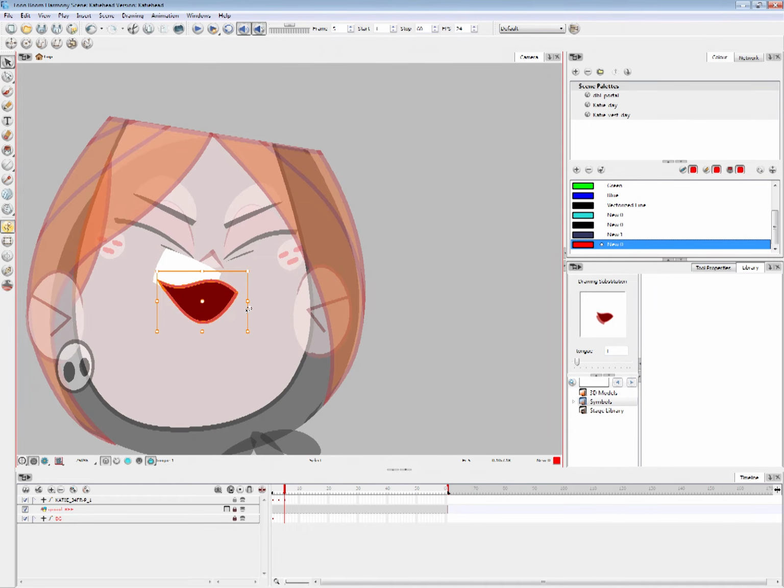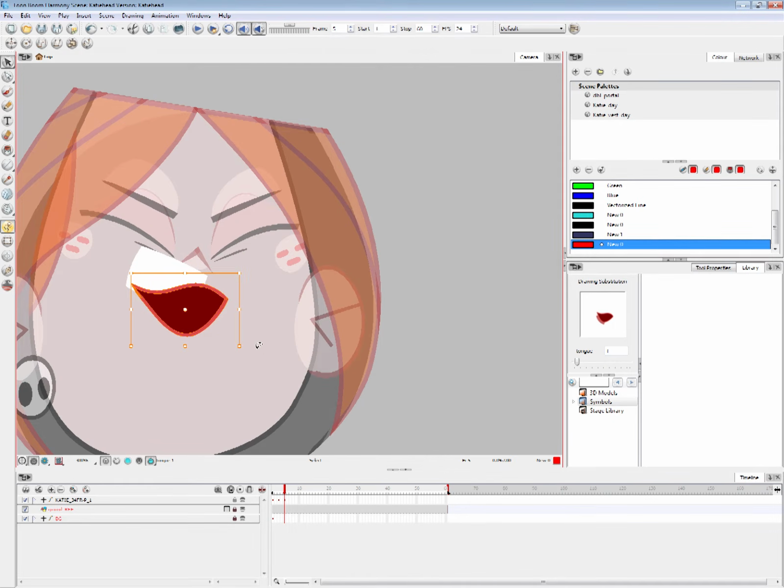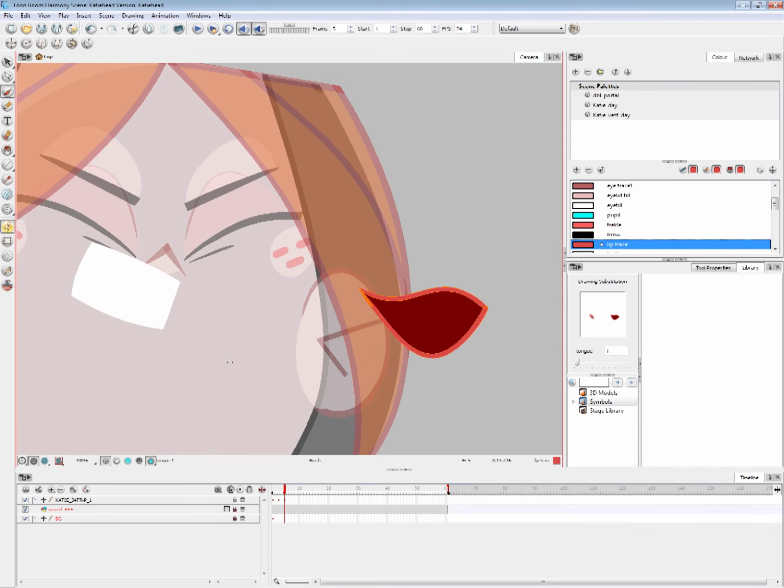If you don't, you don't want to override what was already in the build, and it's kind of a pain in the ass to go back and try to fix it. So okay, originally this mouth is called HD. Once I duplicate it, the default goes to number 1, 2, 3, 4, and so on. So we're gonna move that over.